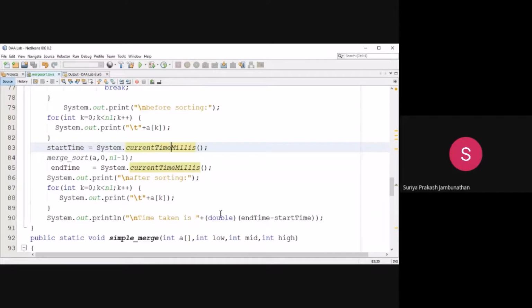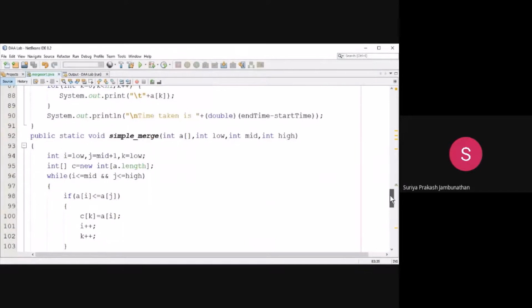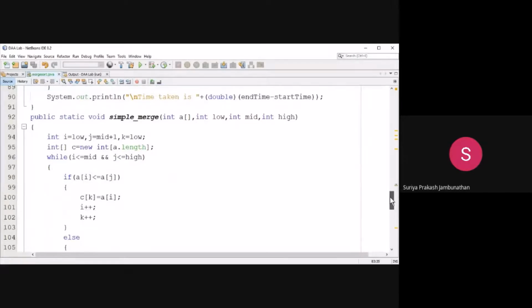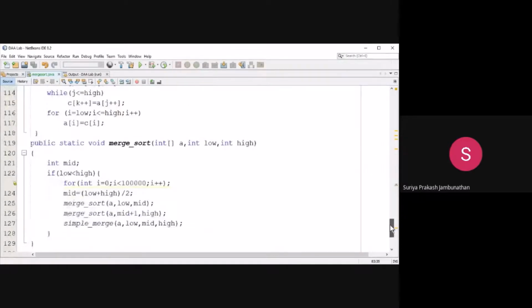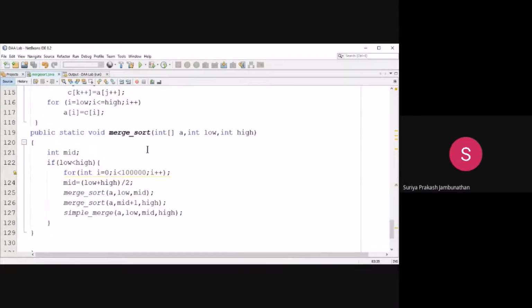Now we are going for the second part, that is the merge sort part. In this merge sort part, we are calling the merge sort method. In this method, we are identifying whether the low value, meaning the starting value of the array, and the high value, the ending value of the array, meet this condition: whether the starting value is less than the ending value.